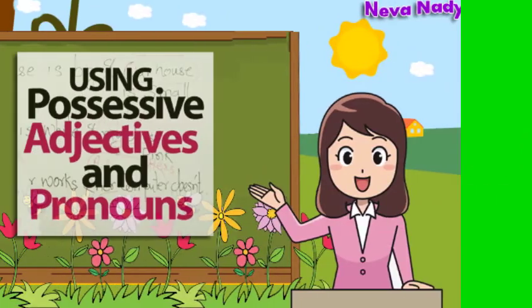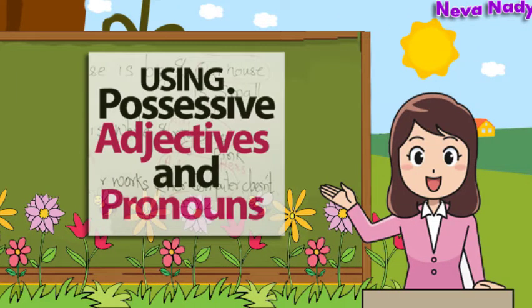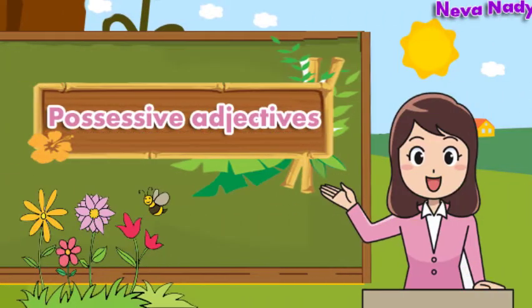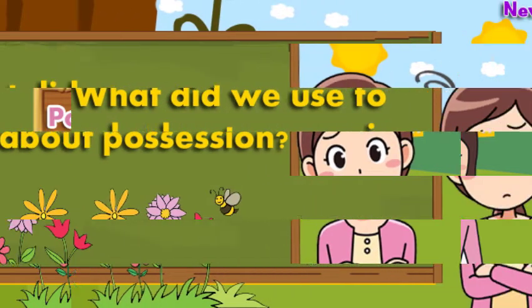In this lesson, we are going to learn the difference between possessive adjectives and possessive pronouns, which are quite handy and are used frequently in the English language. Let's start with possessive adjectives. Most students learn that adjectives are words that describe nouns. Adjectives don't modify verbs or adverbs or other adjectives.